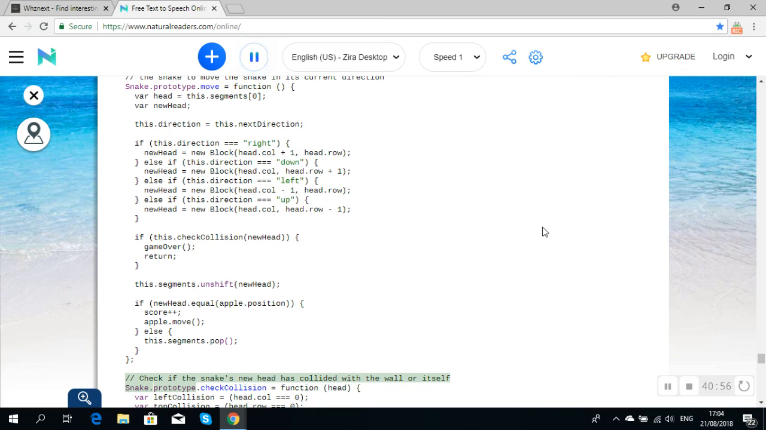// Check if the snake's new head has collided with the wall or itself. Snake.prototype.checkCollision = function (head) { var leftCollision = (head.col === 0); var topCollision = (head.row === 0); var rightCollision = (head.col === widthInBlocks - 1); var bottomCollision = (head.row === heightInBlocks - 1); var wallCollision = leftCollision || topCollision || rightCollision || bottomCollision;